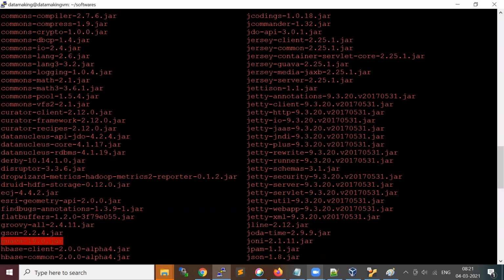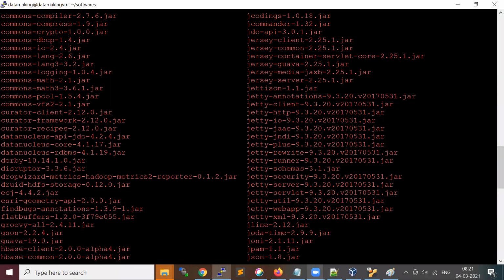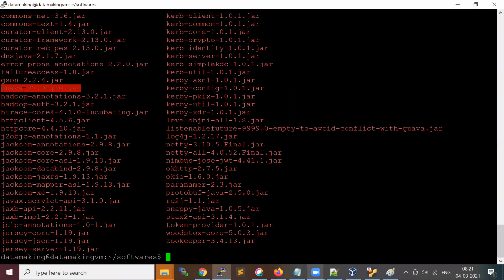We need to replace this jar with the latest version, which is available here. Go to the Hadoop installation directory, share/hadoop/hdfs/lib directory. You will find the newer version of the jar. We are going to take it from here. I will do ls and show you. See, this jar we are going to use.